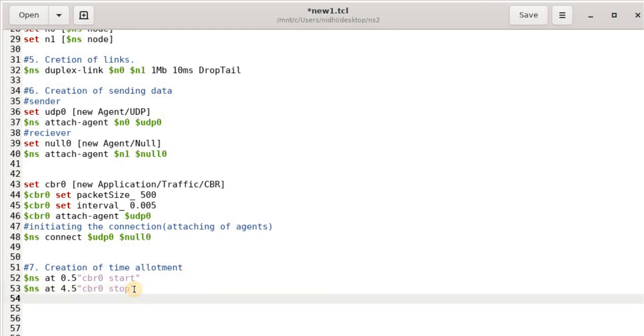So this is all about where the CBR application should start and stop. Another thing is for the simulation run, when the simulation will finish, otherwise your simulation will run infinitely. So you have to mention: network simulator, at 5.0 seconds, because your application is stopping at 4.5 seconds, at 5.0 seconds you have to call the finish procedure.